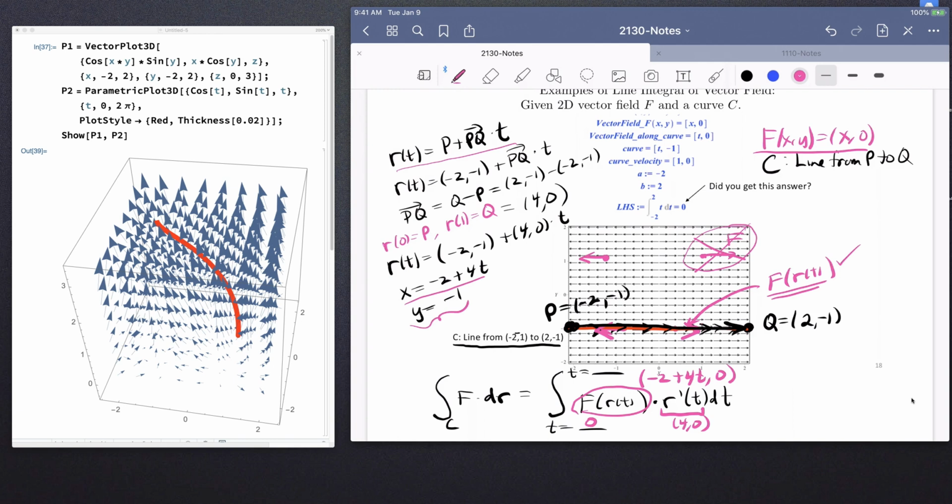So we're going to integrate from 0 to 1 of the dot product of the vector field and the velocity. So we have the integral from 0 to 1, and then when we do the dot product of the vector field and the direction vector, we get -2 plus 4t multiplied by 4,